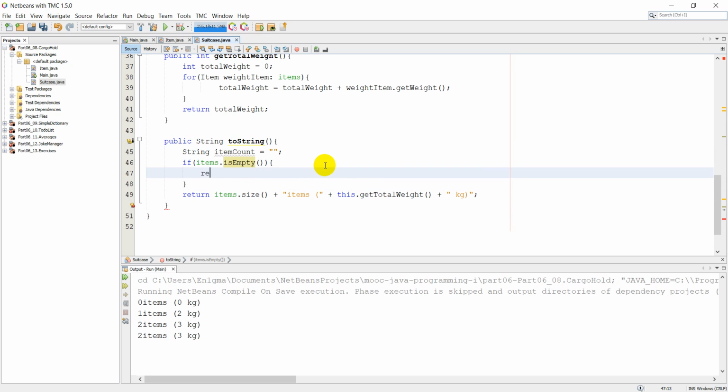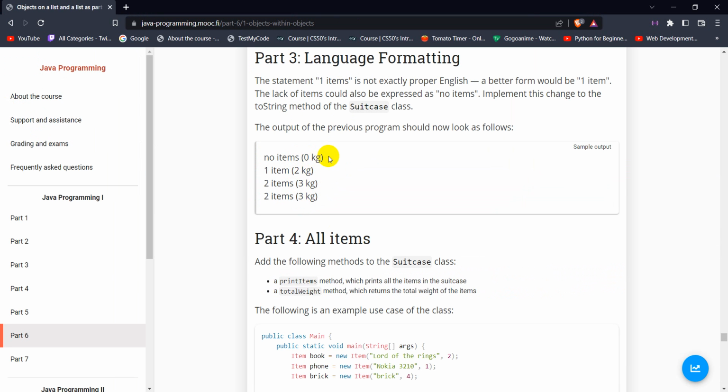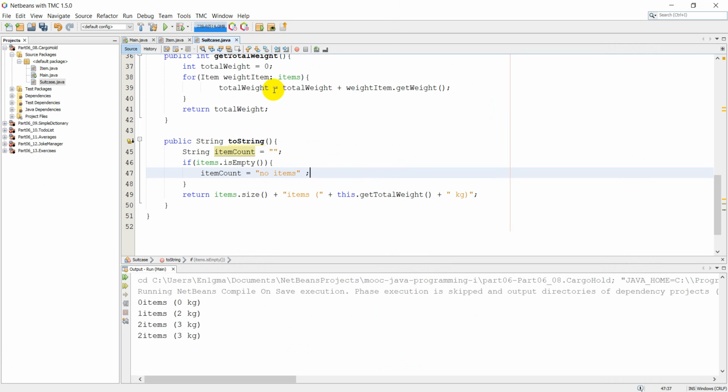I'm supposed to do return, itemCount is equal to "no items". 0 is the value that's from the total weight. Total weight is 0, so 0 is okay. That's fine. And if this is not happening, else if,